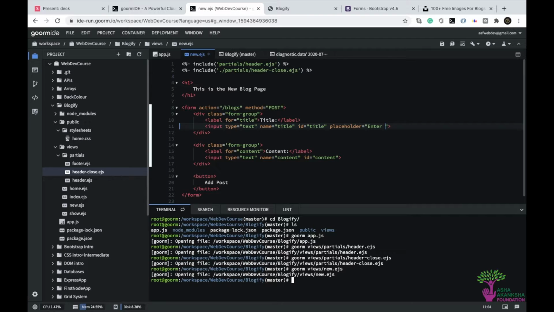Or we'll do some sample placeholder, right? Let's do it's a blog, right? So, and let's do title. And here the placeholder will be